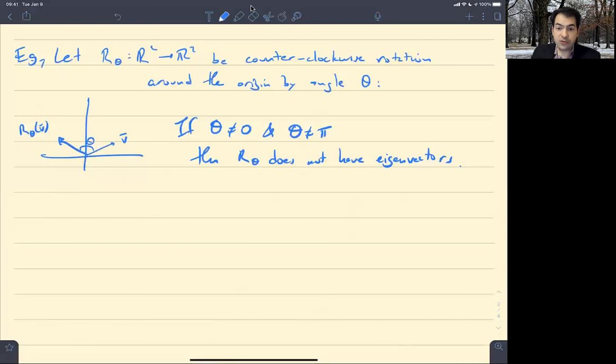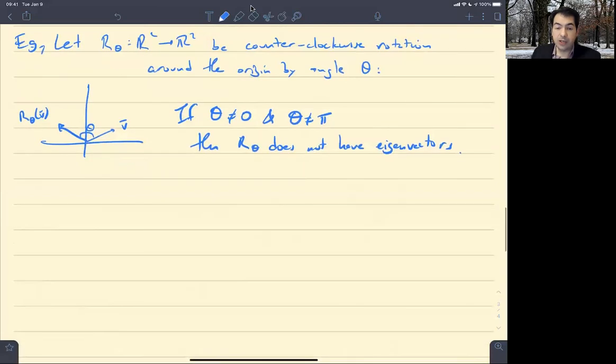So we see for rotations, we have the extreme cases. Either there are no eigenvectors, or every non-zero vector is an eigenvector. Okay, so that's an example of a linear map that doesn't have any eigenvalues, doesn't have any eigenvectors. What does that look like algebraically? So